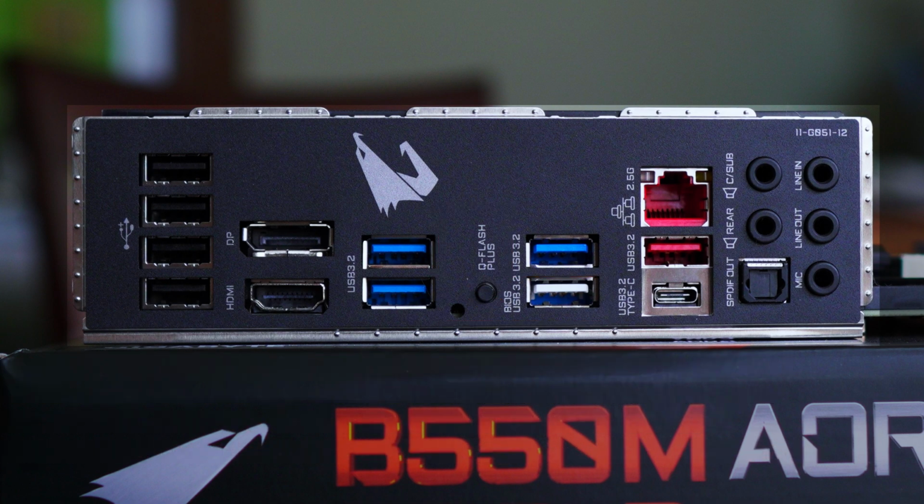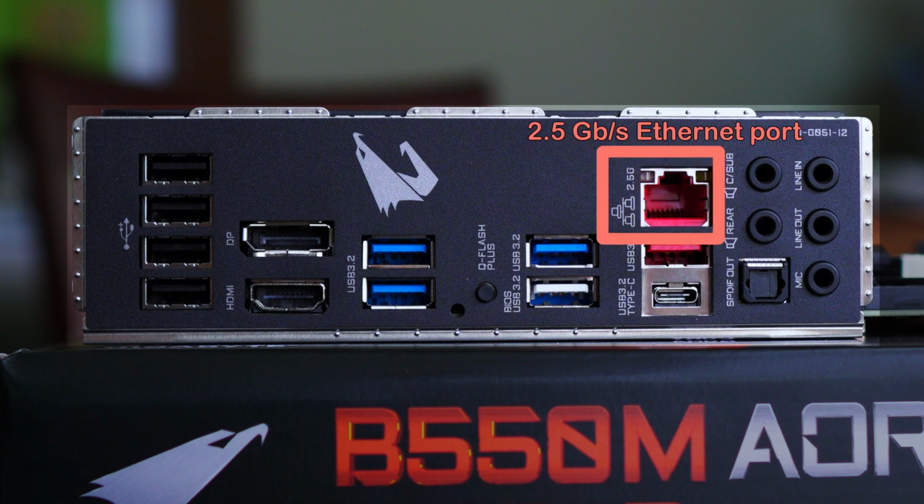The Aorus Pro-P has a single Ethernet port which uses the Realtek 2.5 GbE LAN chip. This supports speeds of up to 2.5 gigabits per second and is backwards compatible with 1 gigabit and 100 megabit